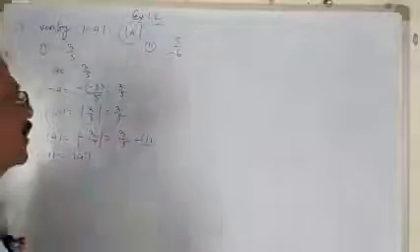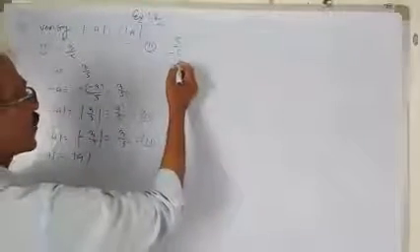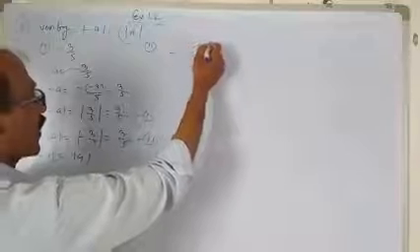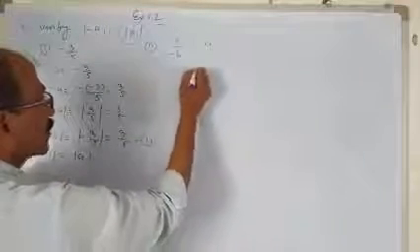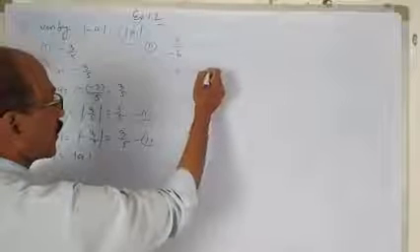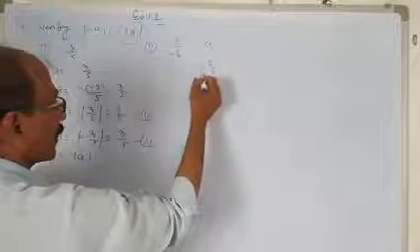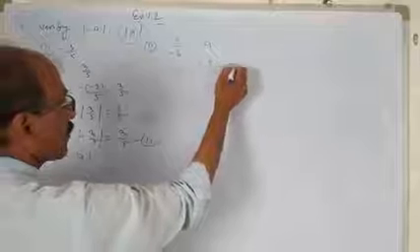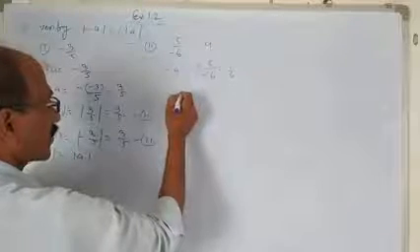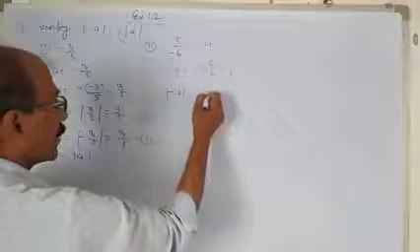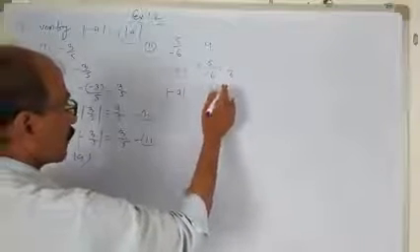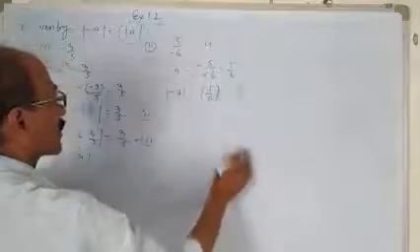In this case, similarly, suppose that here is a, in the LHS is equal to minus a. Minus a is equal to minus 5 upon minus 6. Minus minus eliminates, equal to 5 upon 6. Again we write mode of minus a is equal to mode of 5 upon 6, equal to 5 upon 6.